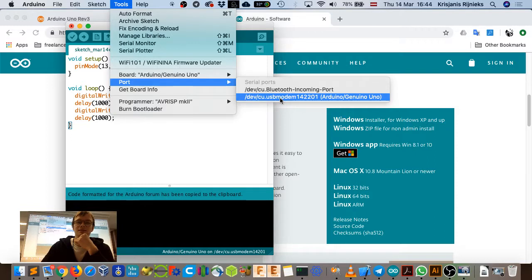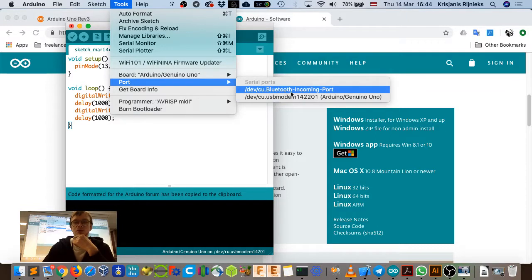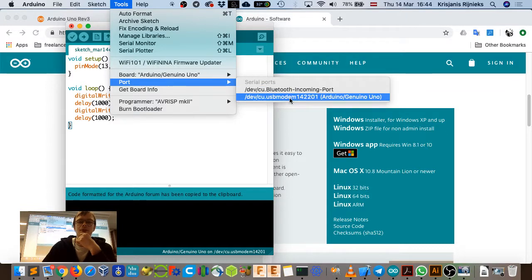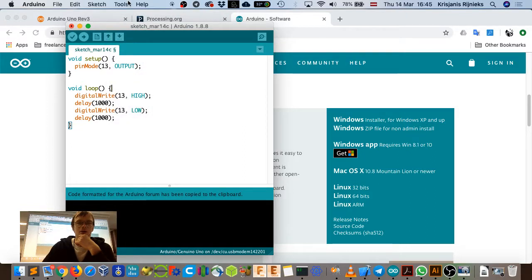In this case, on Mac it's usually /dev/cu. something, and Arduino also gives me a hint that there's probably an Arduino connected. On Windows, it could be COM3, COM2, depends. But on Linux, you would see something similar to this, /dev/cu. I think on Linux it would be TTY. Yeah, once that's selected,